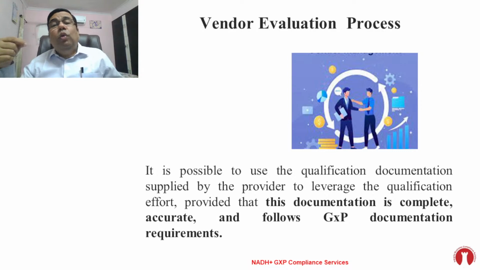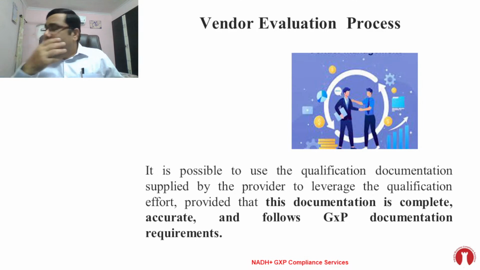If you come to know that it is not in line with some GXP documentation requirement, in that case you can specify in the form that this is not compliant to the GXP documentation requirement. And so what you need to do further, you can either inform the vendor to upgrade or revise the document, or if the vendor denies to upgrade or revise the document, then you can raise an addendum in your own company format. In the addendum you can add whatever requirements you want to comply with the cGXP documentation